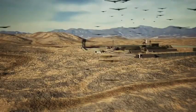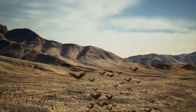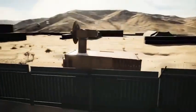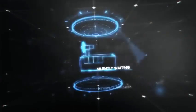The Air Force Research Laboratory has already demonstrated Thor's effectiveness during real-world tests where it defeated hundreds of UAS systems. AFRL developed this unique system allowing base defense forces to stop UAS attacks at long range before they threaten critical infrastructure. Silently waiting, always protecting, quickly detecting,